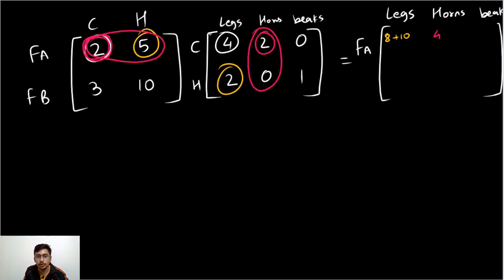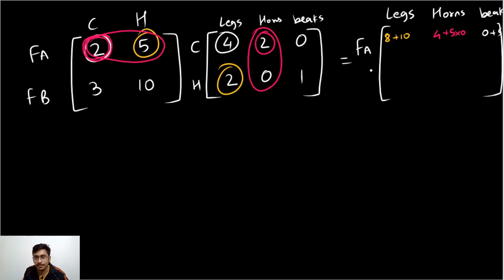So 2 2s is 4, and hens have no horns, so I'll add 5 times 0. And if I have to calculate the number of beaks, similarly I could say that cows don't have beaks, but 5 hens have 5 beaks, so 0 plus 5. That's how I get the number of legs, horns, and beaks